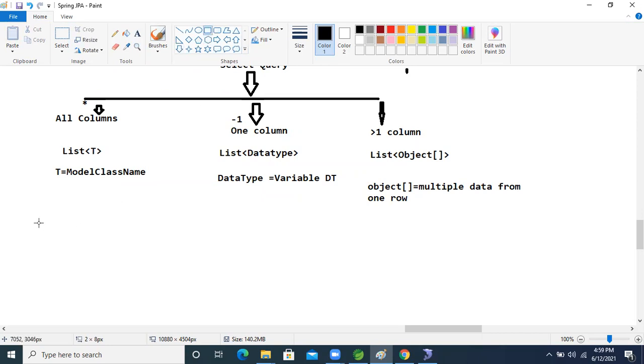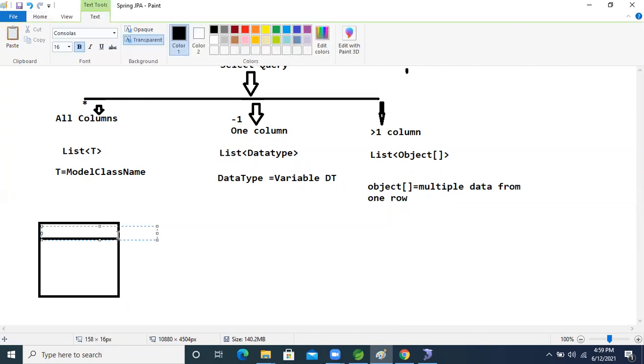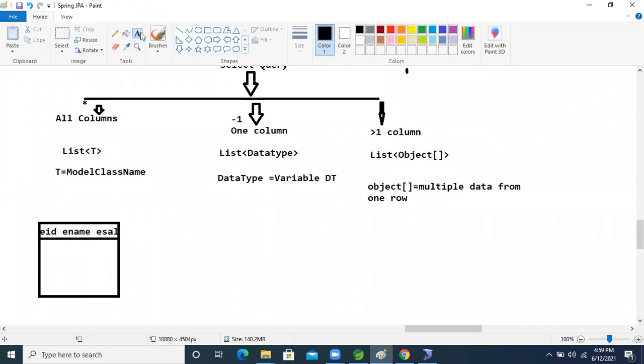This is the table, now guys. In this table, see this, eid is there, e name is there, and esal is there. This is the emp tab.